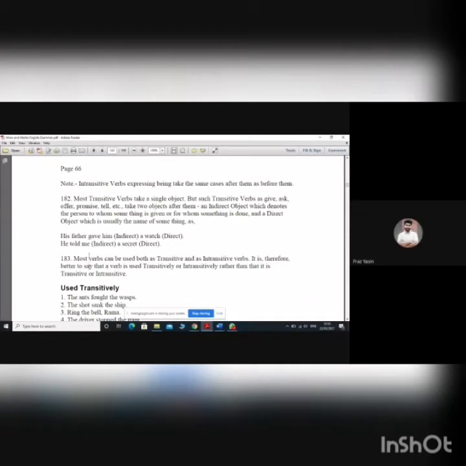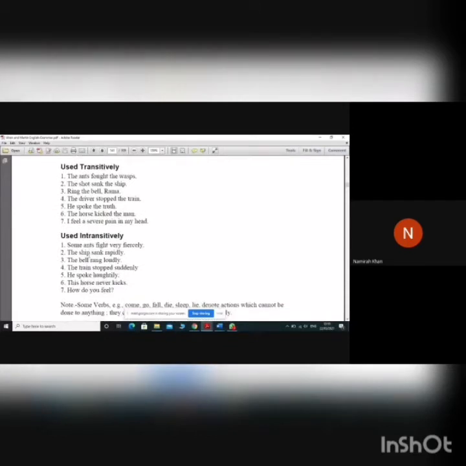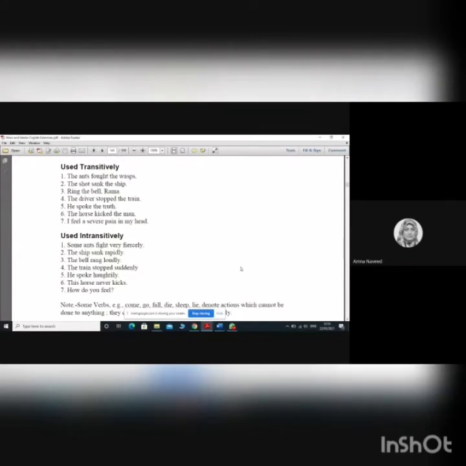Yes, ma'am. Excuse me, ma'am. जी बेटा. Ma'am, is it necessary कि indirect object हमेशा एक person ही हो? No, it can be a thing also. Ma'am, can you please elaborate with some examples? Yes. One of the examples is he cut his finger with a knife. So he cut his finger. His finger is a direct object, and with the knife is another object which is not a person. Ma'am, the knife would be the indirect. Ji. Okay, thank you so much, ma'am. Ji, you are most welcome.